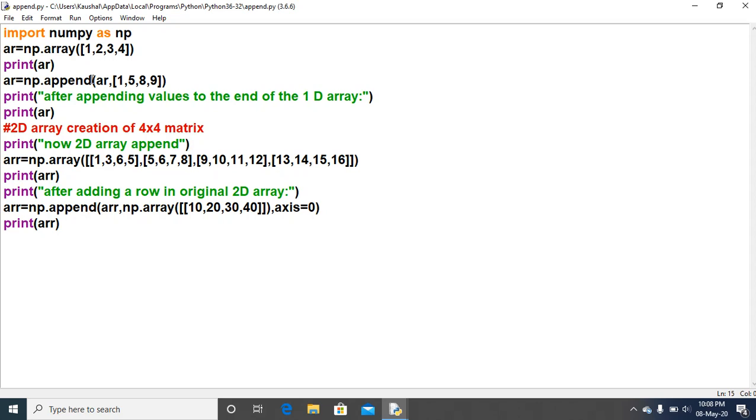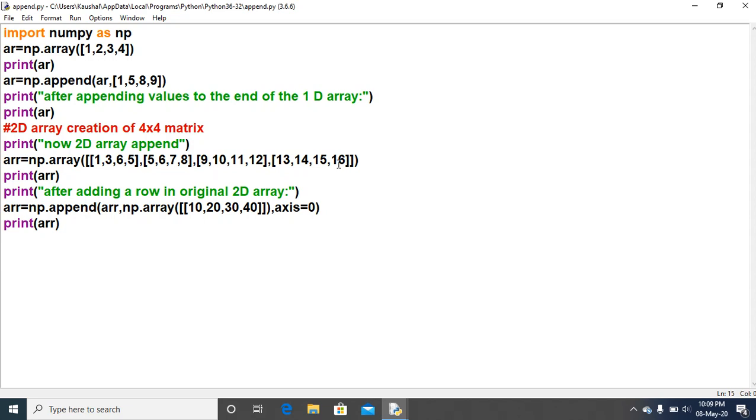We will not say in a 1D array that we are appending a row. In the 1D case, we say we want to add elements, and in the case of a 2D array we say we are making a new row. So these are different things. The work is the same, but the terminology is different. For a 1D array the element will be added, and for a 2D array the row will be added.